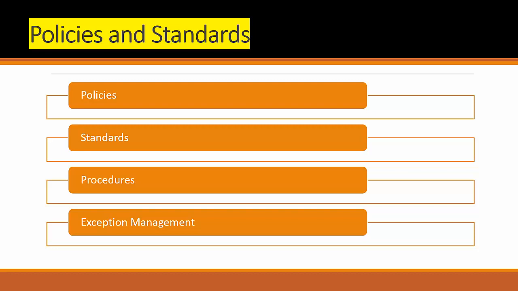Any kind of deviations we have will be captured in the exception management. But if things are regularly captured in the exception management, then that needs to be amended in the policies. Okay, so if policies are not developed and communicated, the enterprise has no means of enforcing standards of behavior, which increases the risk that behavior may be inappropriate. And lack of enforcement may also lead to circumvention of the control or increased liability, because the enterprise has admitted the need for the policy but does not follow its own rule.